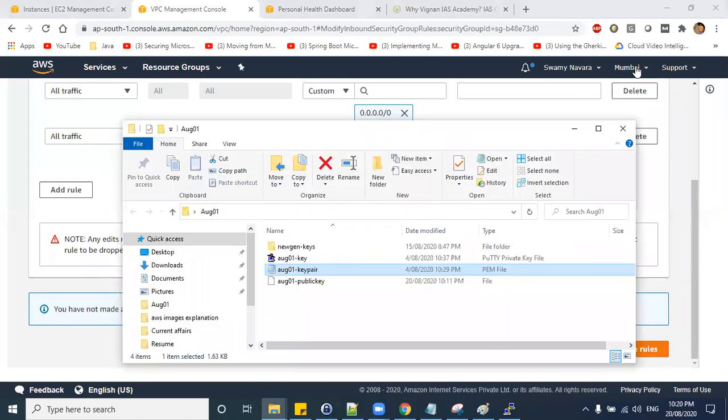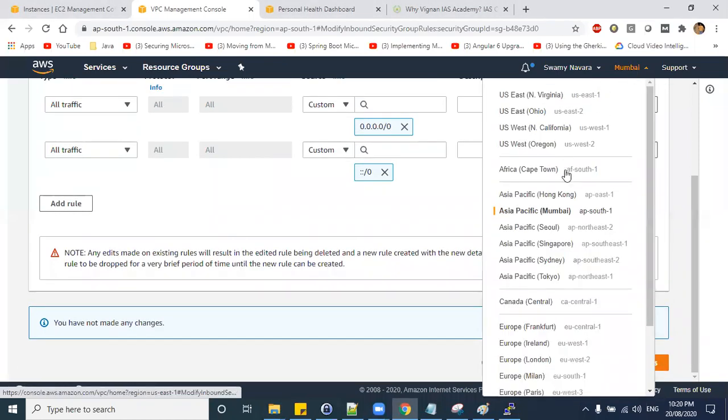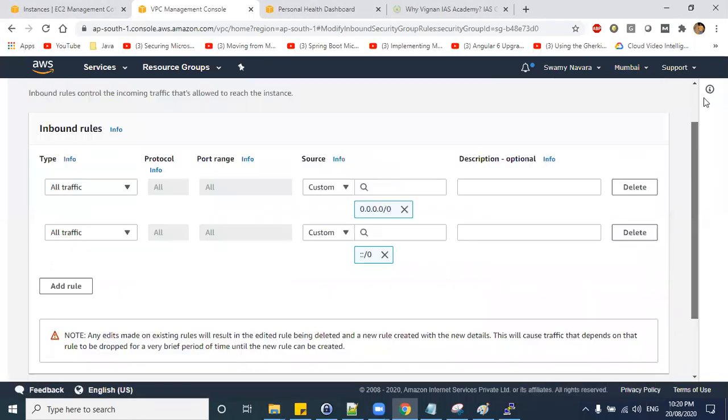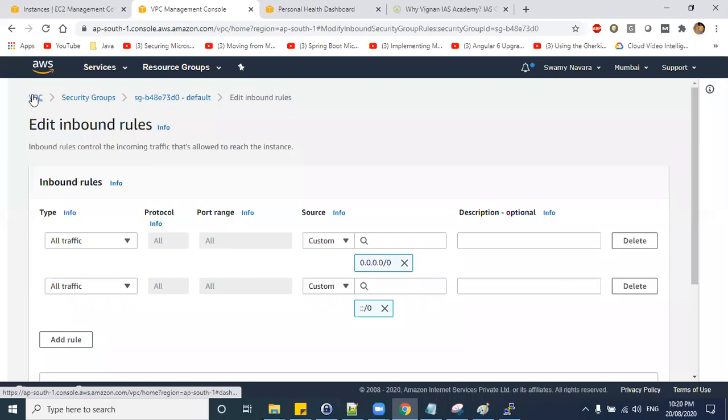This is the first time we are accessing the Mumbai region. When we access any region, by default a VPC, default security groups and default route tables will be there. Under the route tables, you need to ensure that everything is allowed.